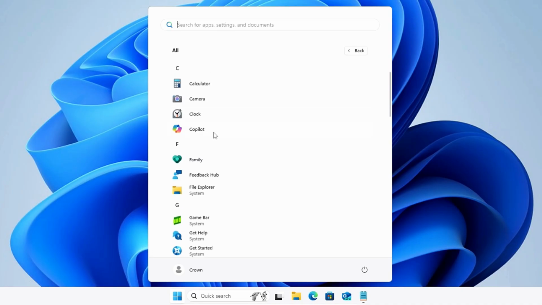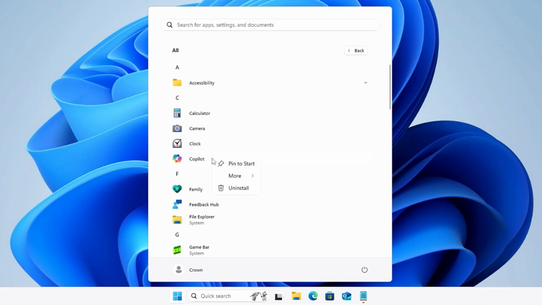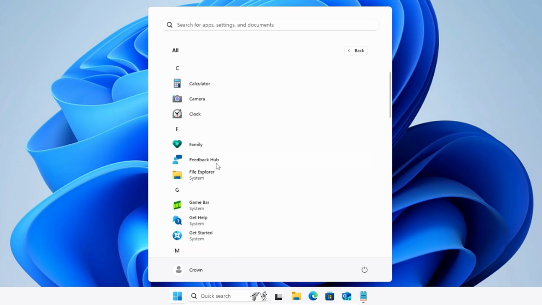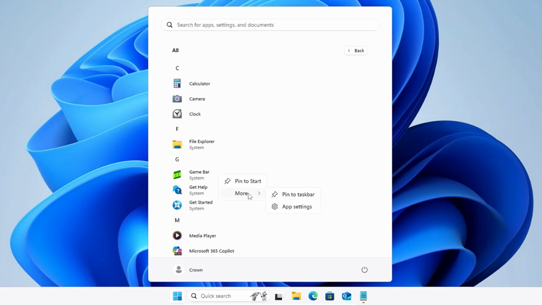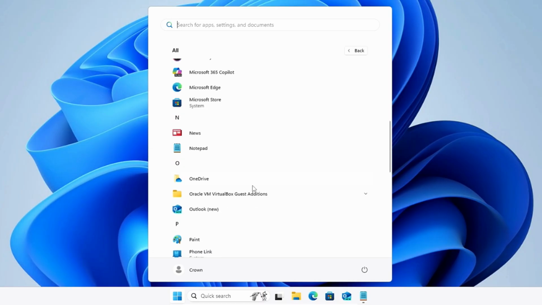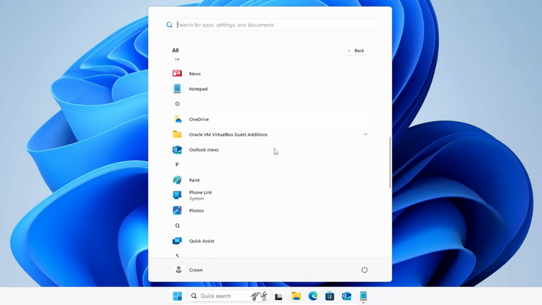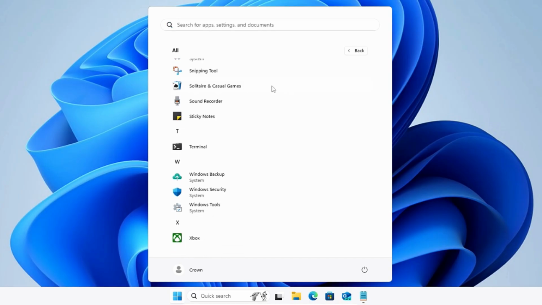Like if you don't need the Copilot, make a right click on it. You will be getting the uninstall option. Click on it, click uninstall again. Same you can do with other applications like Feedback Hub. If you don't need it, right click on it, click uninstall, uninstall again. Family, if you don't need this, click uninstall again. Game Bar, a few of them you won't be able to uninstall, but that's okay. Rest you can check here. And keep in mind, doing all these optimizations is making your Windows 11 better to use and gain a